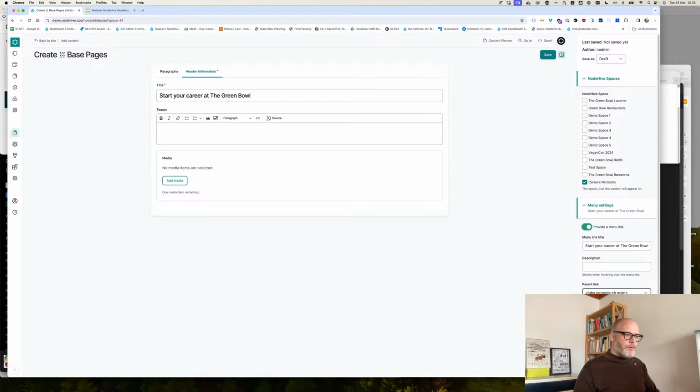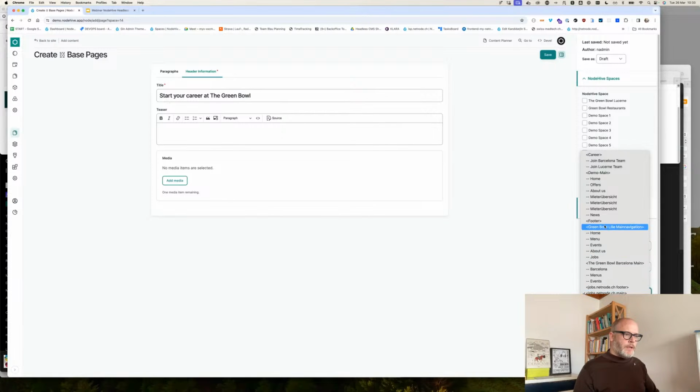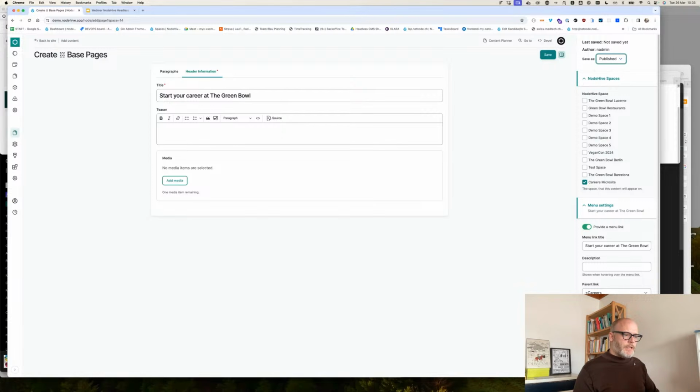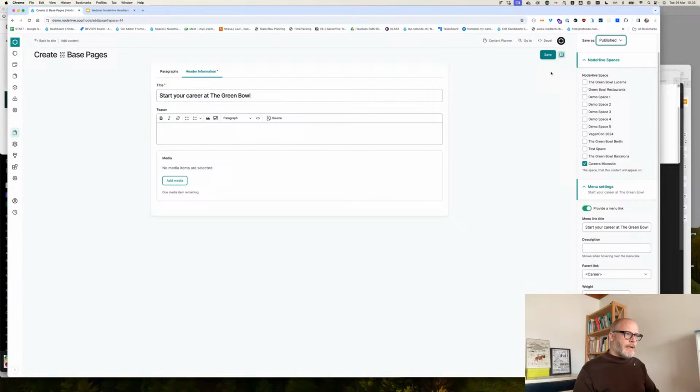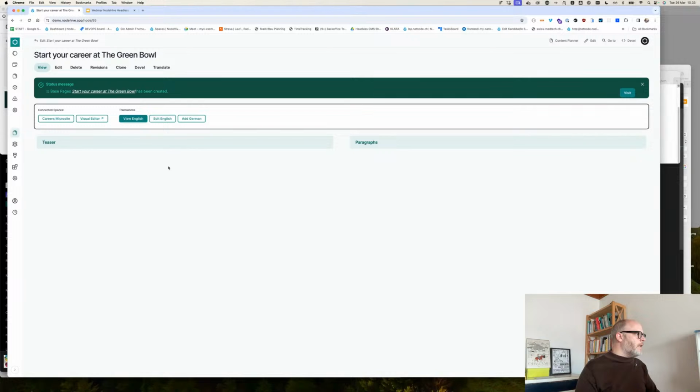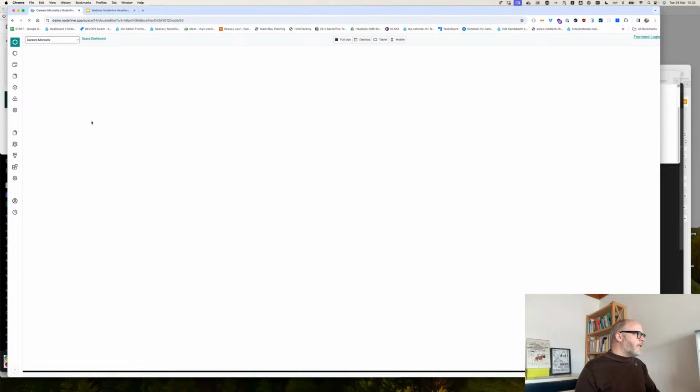Then I also want to provide a menu. And then here I'm able to select the careers page. I want to publish it immediately. And now I hit save. And now if I open up the visual editor,